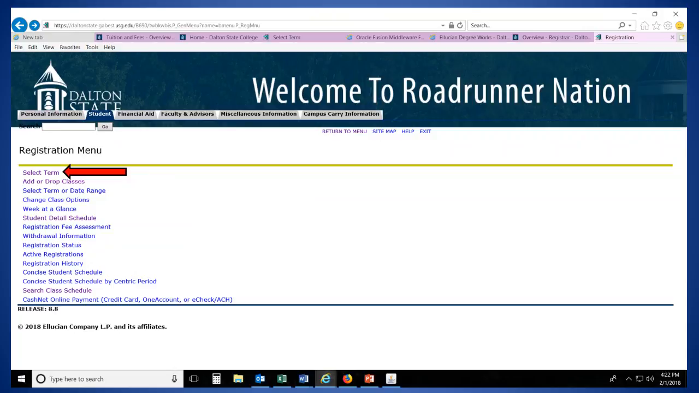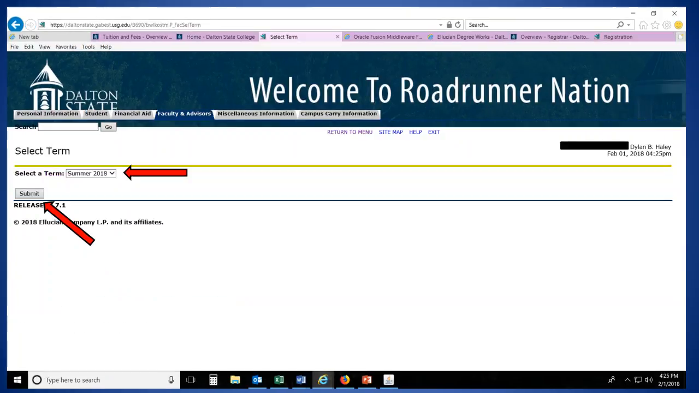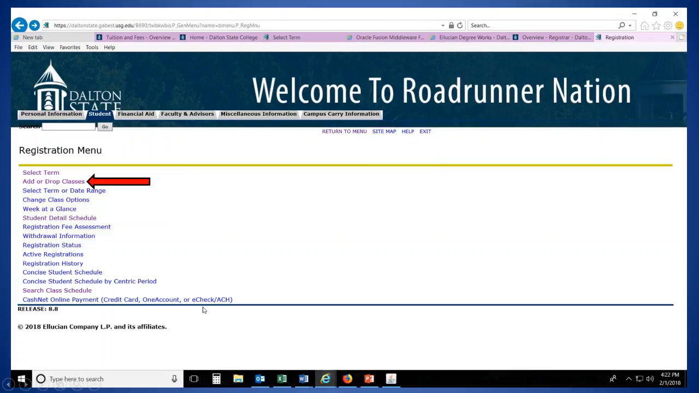First, you want to select the term that you're going to register for. So it's going to ask you to select any of these terms. This has Summer 2018 as an example, but if you're wanting to register for Fall 2018 or Spring 2019 or any future term, you would put that term in there. Once you've selected your term, you want to click Submit. After you select your term, it'll take you back to this screen and you want to click Add or Drop